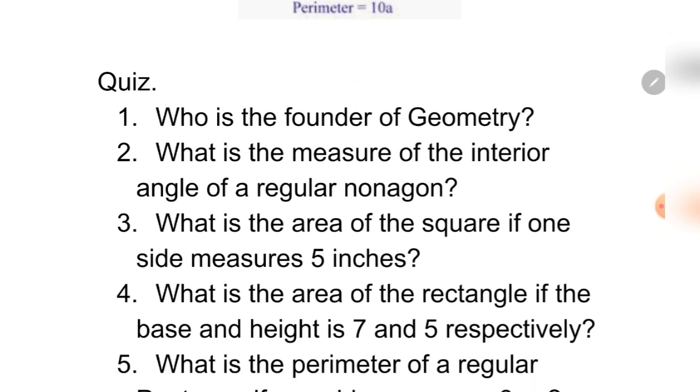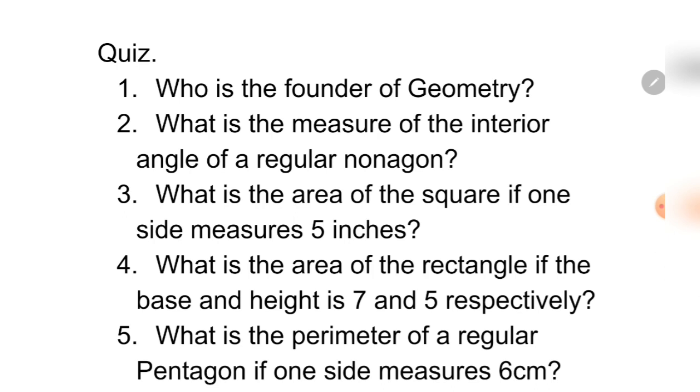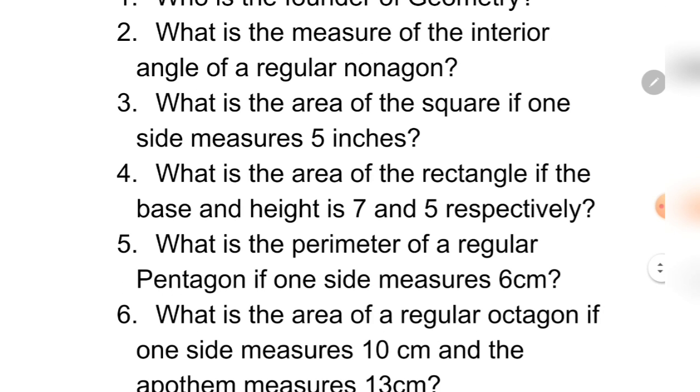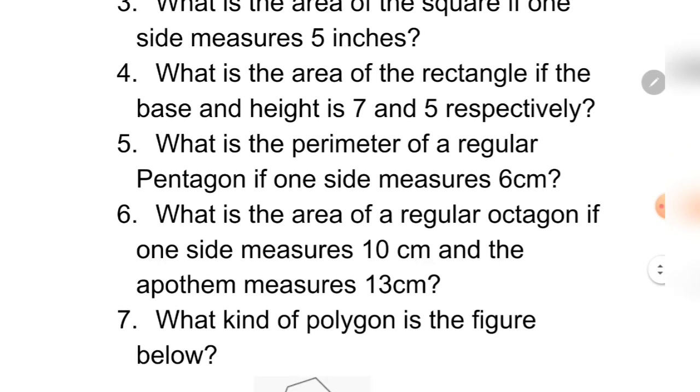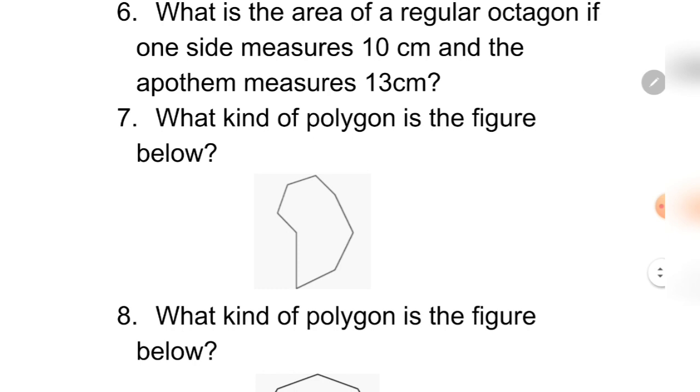Let's do some exercises. Number 1. Who is the founder of geometry? Number 2. What is the measure of the interior angle of a regular nonagon? Number 3. What is the area of the square if one side measures 5 inches? Next, what is the area of the rectangle if the base and height are 7 and 5 respectively? 5. What is the perimeter of the regular pentagon if one side measures 6 cm? Number 6. What is the area of the regular octagon if one side measures 10 cm and the apothem measures